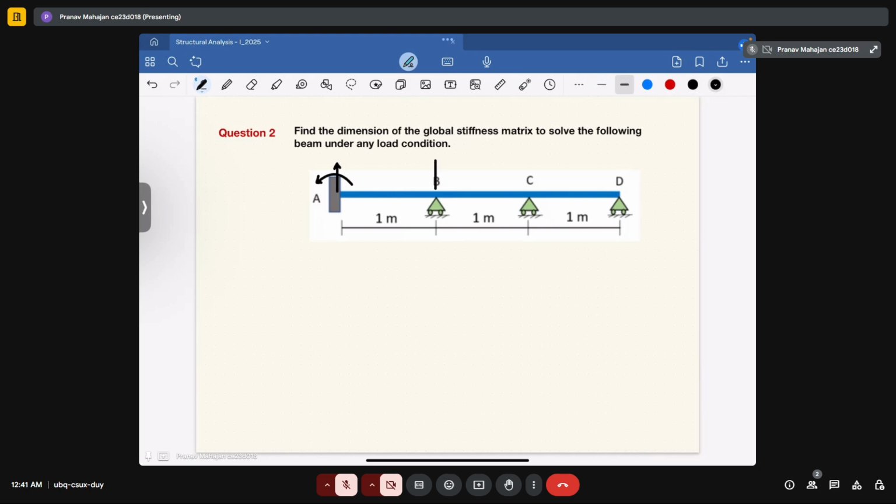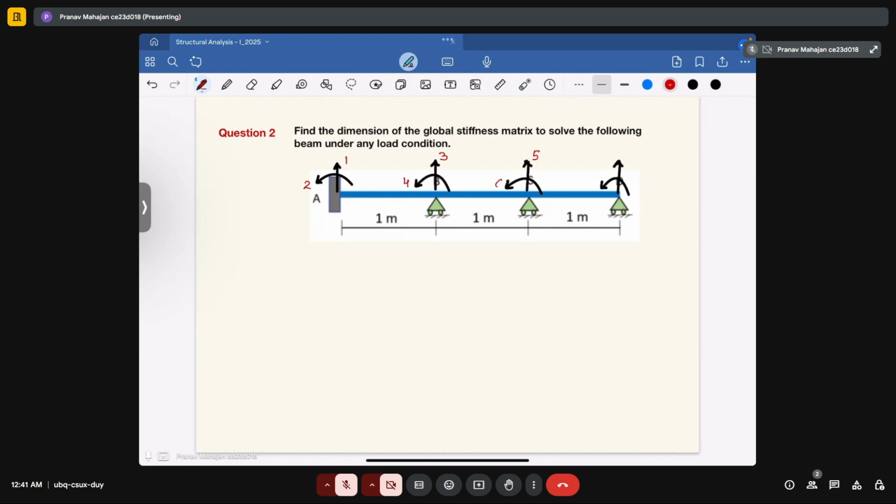Same direction will be there at B. Same at C. And similarly, same will work at D also. Okay. So if we calculate total degree of freedom in this structure, it will accumulate to 1, 2, 3, 4,